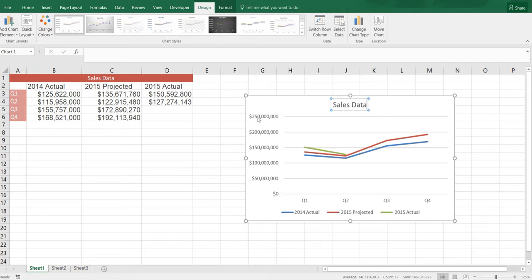So this is what your chart is supposed to look like. If it doesn't look like this, then you've either selected the information wrong, or you have extra columns, or you have done something else that's not quite right. So this is how your chart should look.